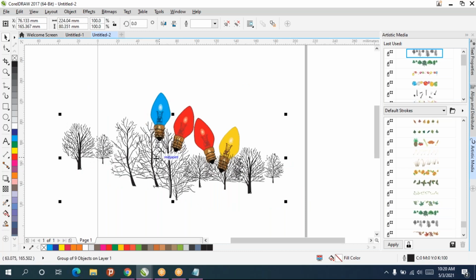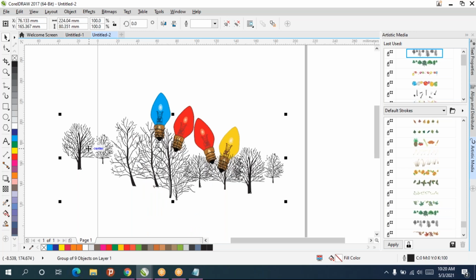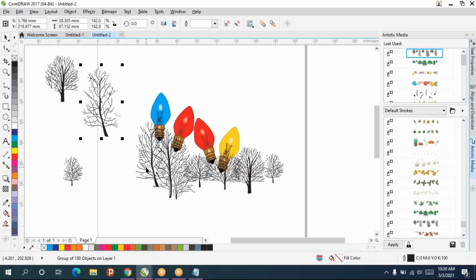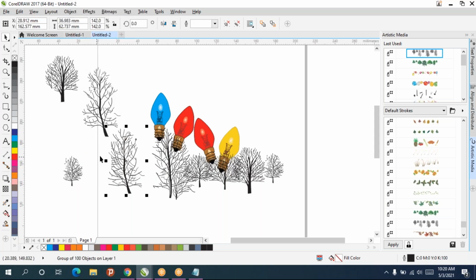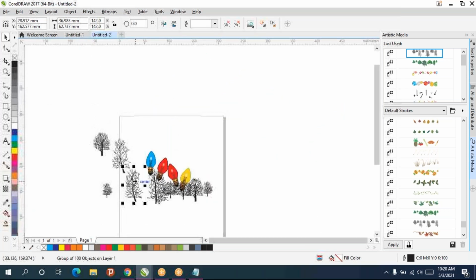Then right click, ungroup objects. Then move the tree. So now everything is ungrouped. So each thing you can use as a separate object. And this is vector, it won't get pixelated. If you want, you can make it bigger or smaller.